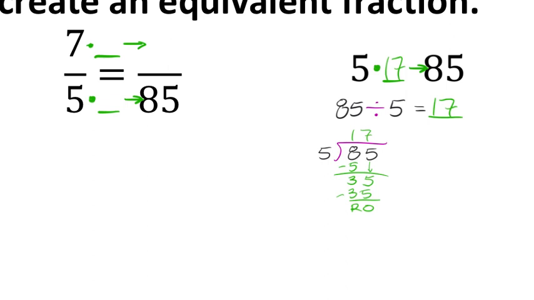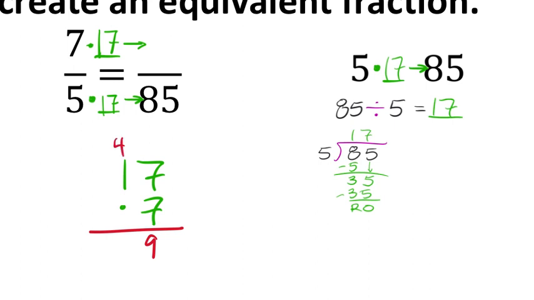So this means I know I can fill in this blank. I got to take 5 and times it by 17. That work is done to get 85, but then I've got to do 7 times 17 to get the new numerator. So let's go ahead and do that. 17 times 7, that will be our new numerator. So 7 times 7, that would be 49. But the 4 tens, I've got to